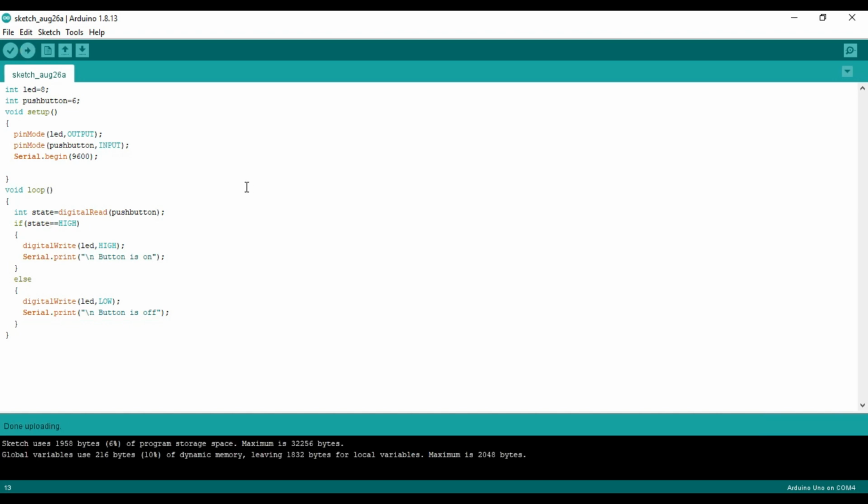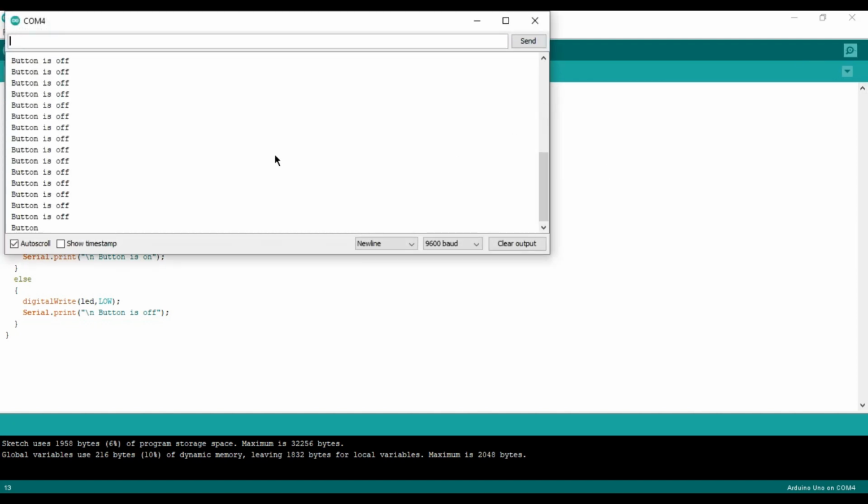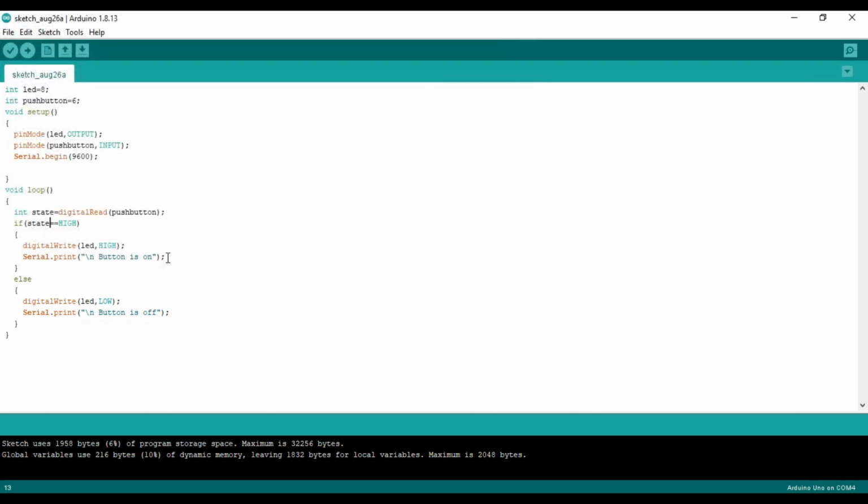Before jumping to the output, let's see what the serial monitor is showing. Oops, it is showing the button state so fast. Don't worry, let me add a delay in the loop function and then we will see the monitor.